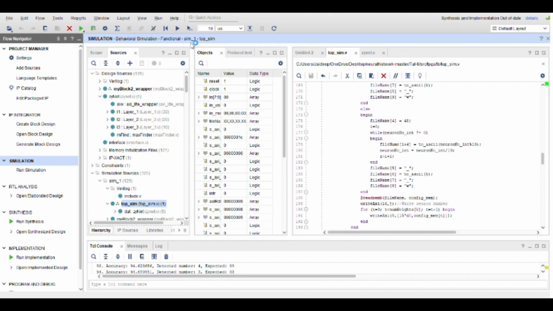As you can see, this is in the same directory as our project. If you open any random test data file, it has the 784 pixel values in binary, and in the 785th line there is the actual digit. Now if we simulate this test bench, as you can see,